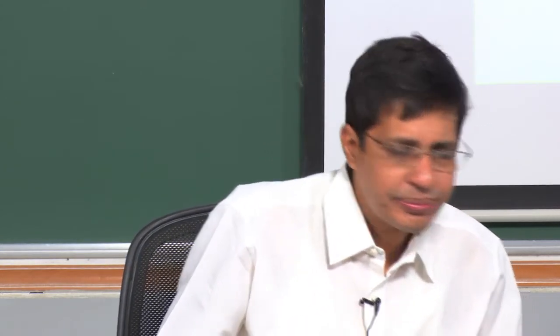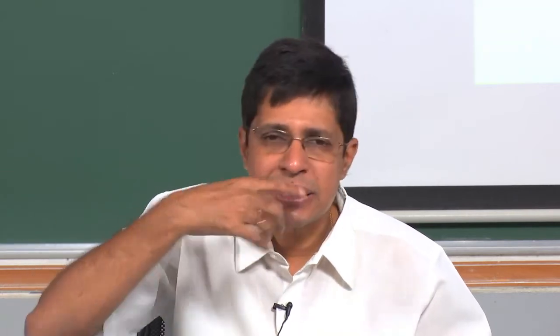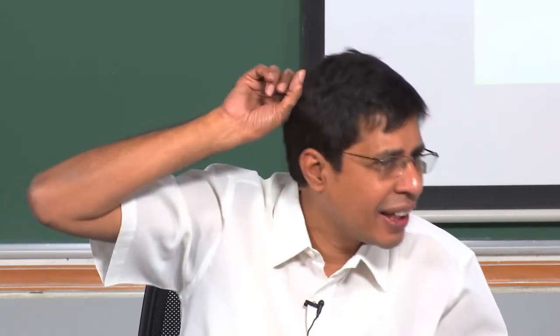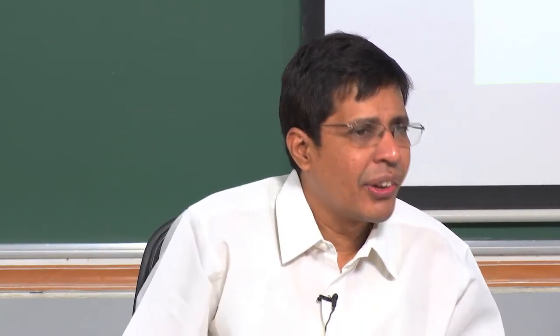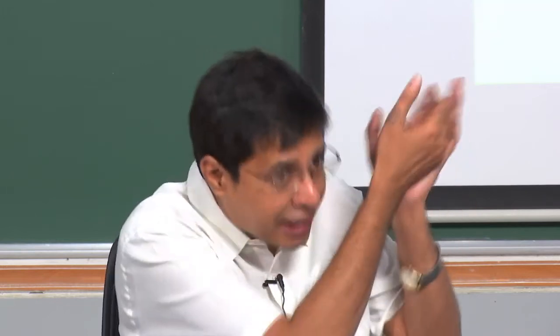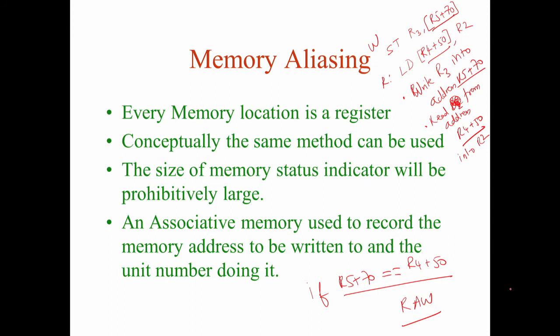If for every address I am going to have an indicator, like a register status indicator, I will have a memory address status indicator. So if I am writing into 5, then I will have an indicator for 5. It will say that the latest value of 5 is not in memory location 5, but it is currently computed by some unit 8. So when I am reading from 5, I will not get it from memory, but I will wait for this unit 8. I am happy because it will come very fast rather than going into the memory. Are you able to follow?